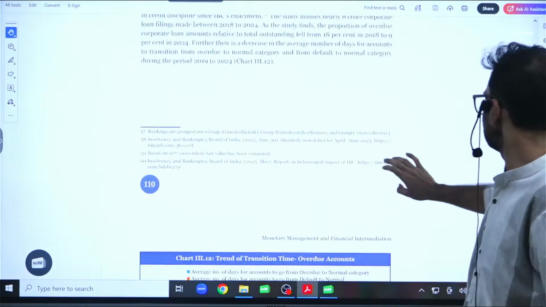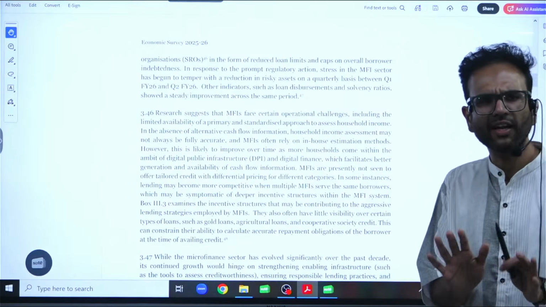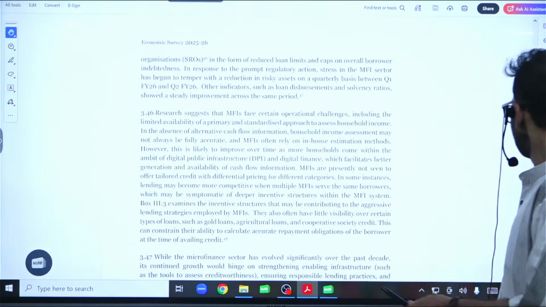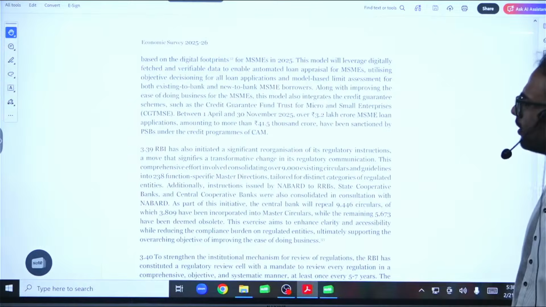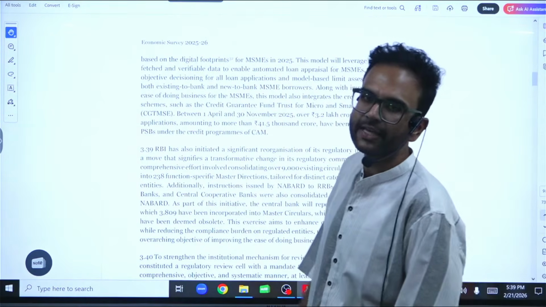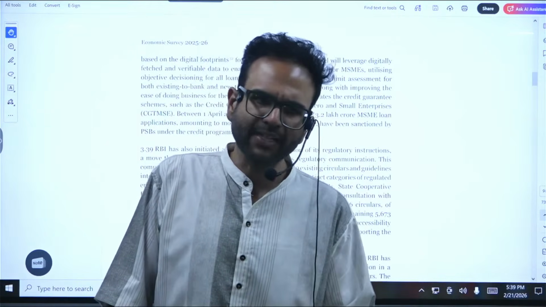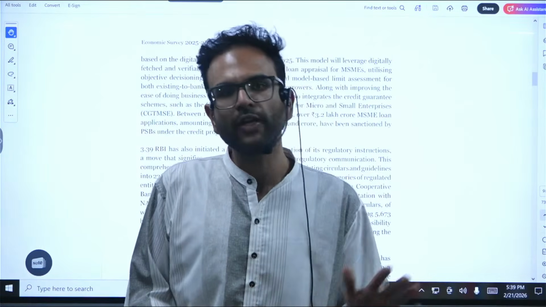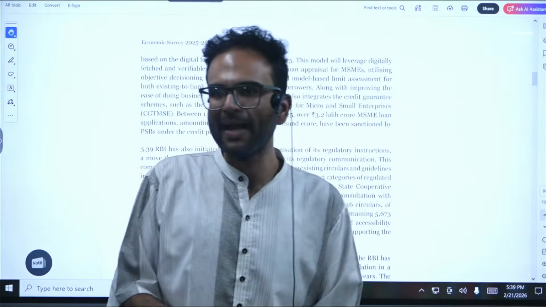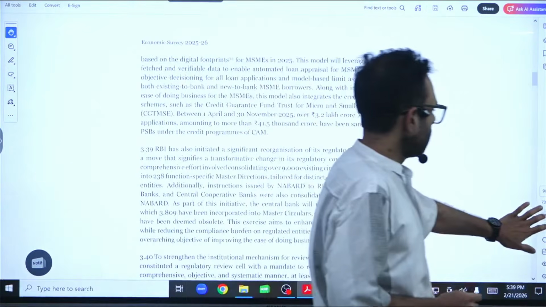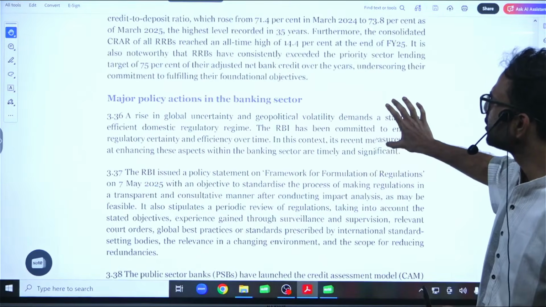Alright. Now this is about insolvency and bankruptcy. All the things that are required for prelims, all you need to know. Next up, we'll be dealing with what is happening in the policy space. What are the decisions taken by RBI with respect to the banking sector, the efficiency of banks, as well as the overall approach to regulation. One of the main aspects being deployment of AI in the banking sector. Let's take a look at the major policy actions in the banking sector one by one.